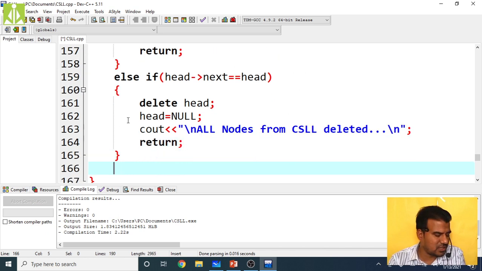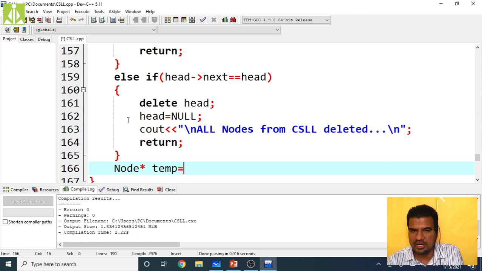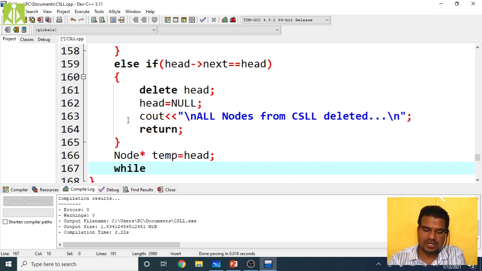Then the next thing is, if there are more than one node, then again, as I told you, we have to take 2 pointers here also, and I will show you how we do that. So Node star, we take a temporary pointer and run it till the end. The temporary pointer has to go to the end. So temp equals head, and run this temporary pointer to the end.